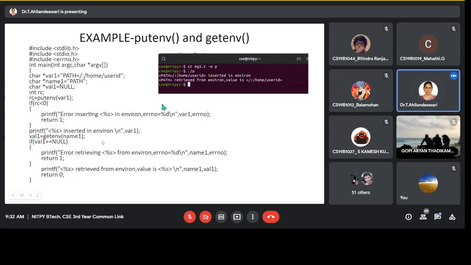So PATH retrieved from the environment variable value is the new one. You are inserting a new value through the command putenv, and by using getenv you are getting that environment variable with its value. If you are clear up to this,